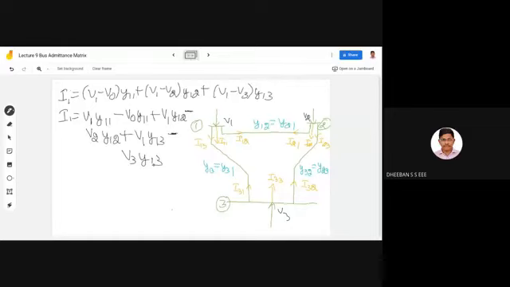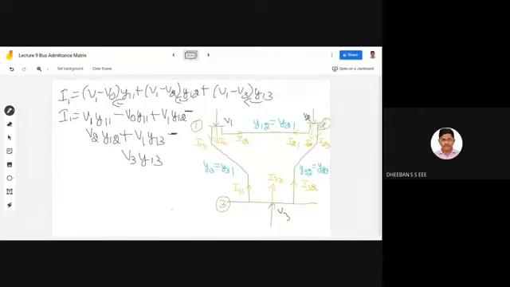We are just multiplying each and every admittance with the voltage, this with this, and this with this. And after multiplying, here it is very clear that you can